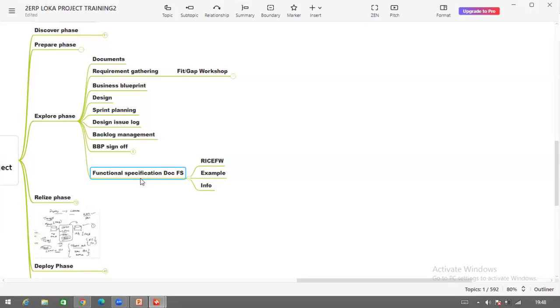Any questions here? If you have any questions, let me know, I'll be answering them. In the meanwhile, I'll try to open the FS documents I have. Sorry, not FS, a business blueprint. Let me search for the blueprints I have.